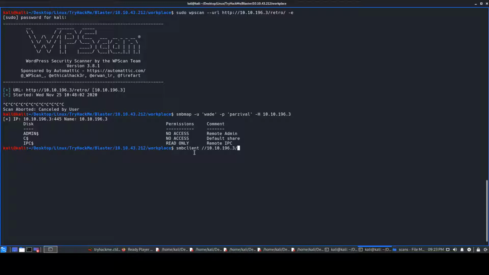10.10.196.3. You can do IPC. There's nothing present in IPC. Then give -I over here. In smbclient it's -I, not -H, so 196.3, let's do that. Password Parzival, okay, and we do get a shell over here from smbclient, but there's nothing